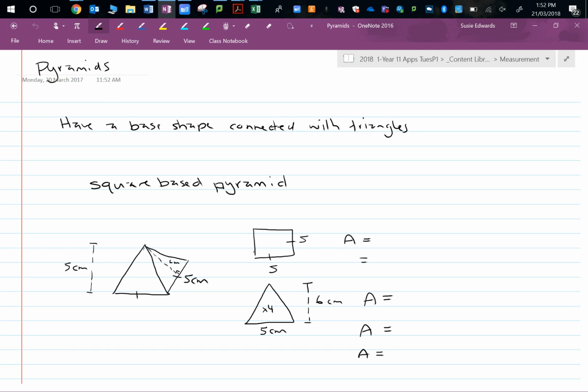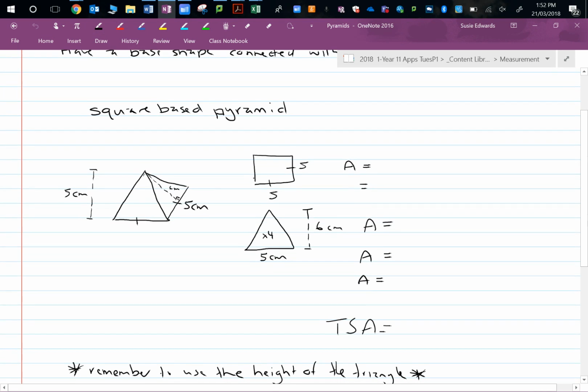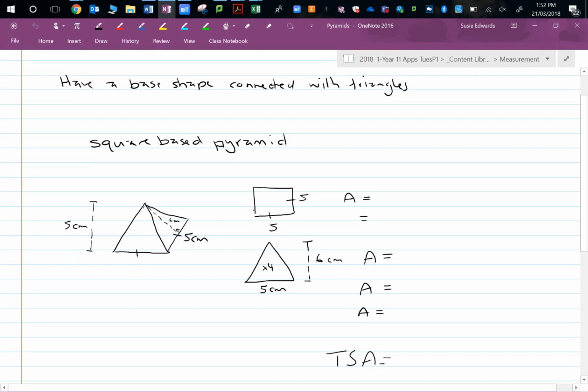Everyone okay with that? So therefore we have to look at a square. For this example, we've got 5 and 5. Now the best way to do a pyramid is not even to look at a formula, it's actually just break it down. Draw out the shapes, break it down. So the area of a square, how do I find the area of that square? 5 times 5, so we've got 25 square centimetres. And then we've got 4 triangles which are all the same because it's a square. Be aware if it was a rectangular based pyramid, they might not be the same, so just check it. So we've got 4 lots of